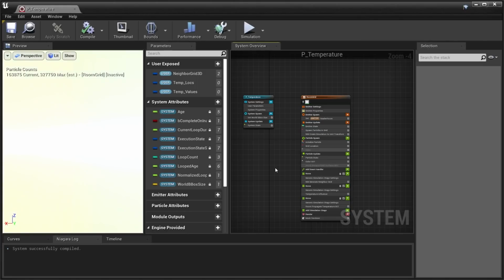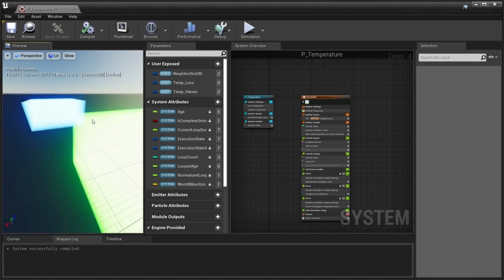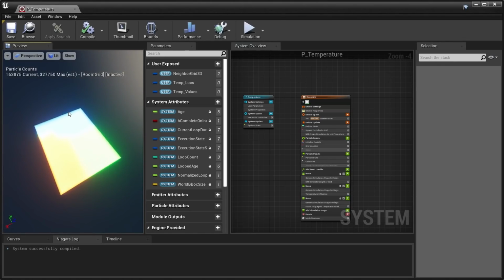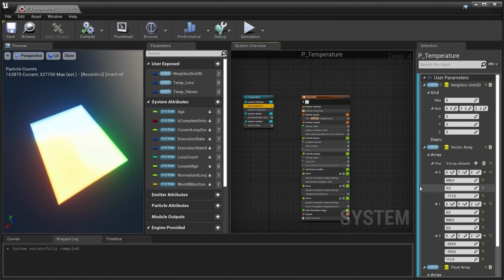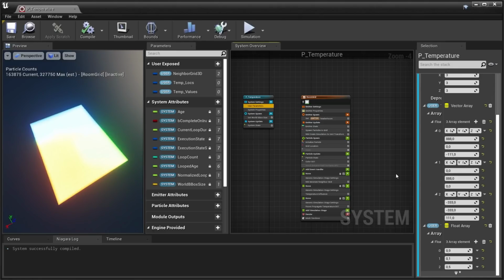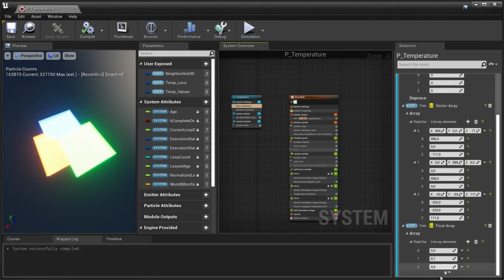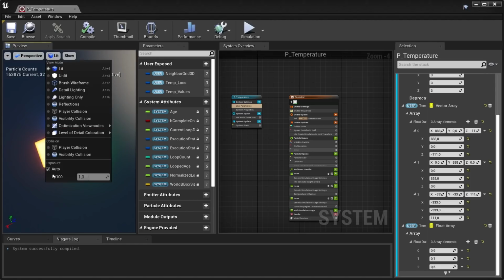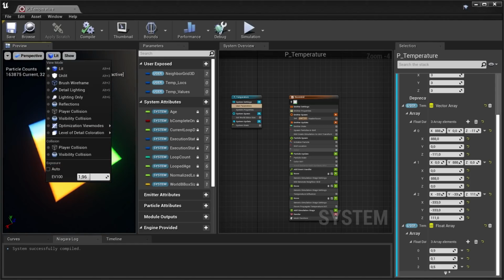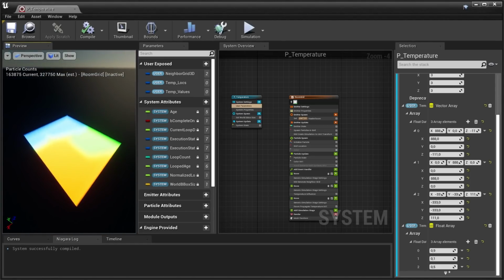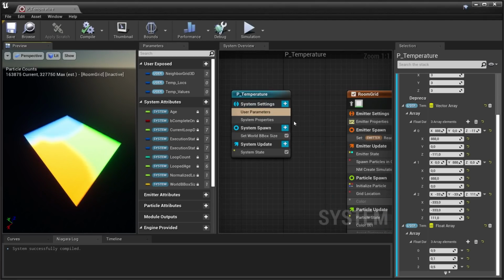Inside the particle system, you will have something like this. One thing that I've changed from the version that you have is I've tweaked these parameters for temp values, because they should really be in the range of 0 to 1 to get some reasonable results in the preview. So you might want to change that. And then we can also toggle the exposure a bit here to make it a bit clearer what we're looking at. The particle system has these three user inputs.